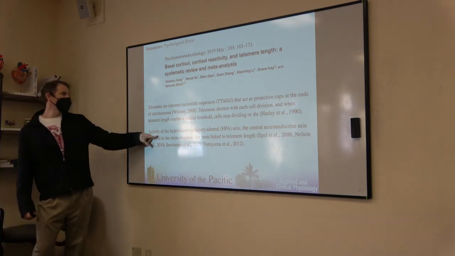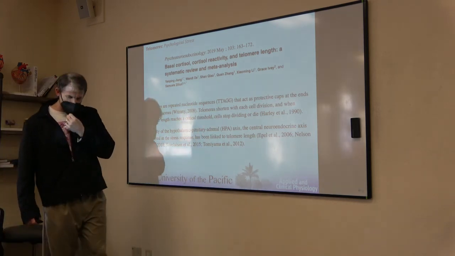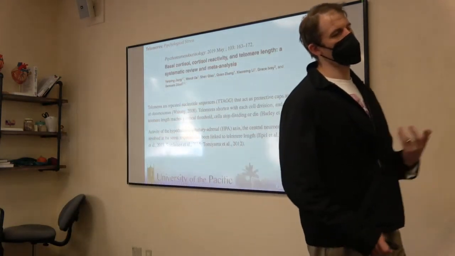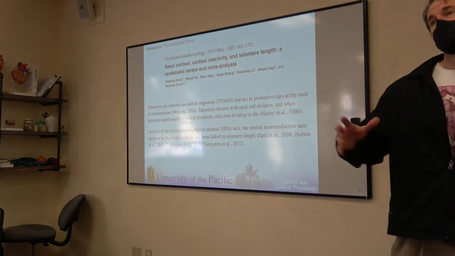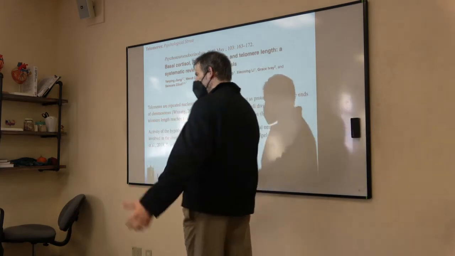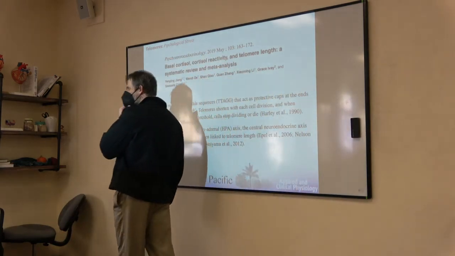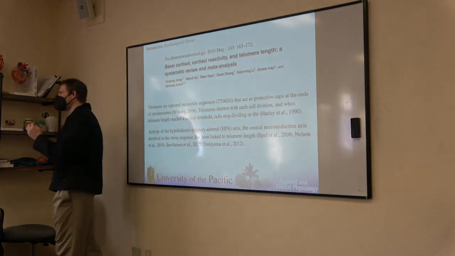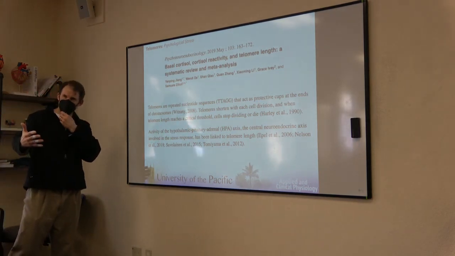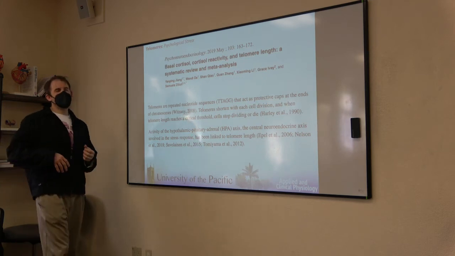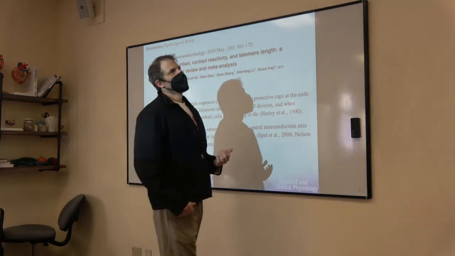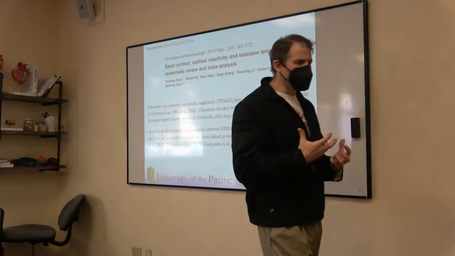But the HPA axis, the hypothalamic pituitary adrenal axis: if we're going to have a bunch of cortisol release, stress hormone, emotional stress, physical stress, psychological, whatever stresses you out, we're going to have an acute response with the sympathoadrenal medullary system, epinephrine, and the HPA axis to get cortisol. So this acute stress response.